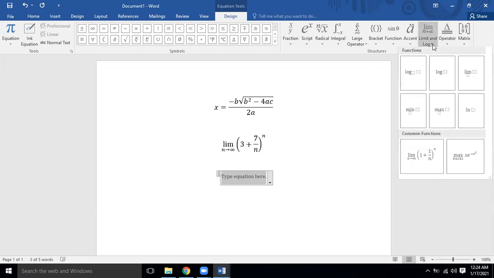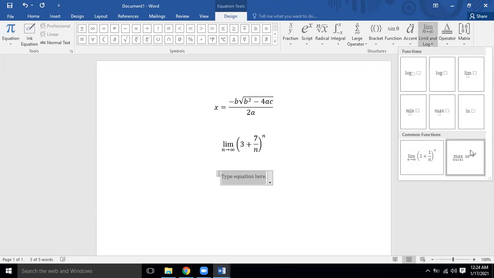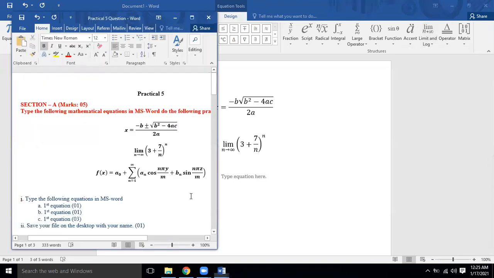So over here we have got the logarithm, max, minimum, limit. Normally it is mentioned inside the parenthesis, so we can remove this text if we add only x, for example. Whatever is there, we are going to write it by selecting from these options. Now the third equation is there, f(x) is equal to. It is starting in the normal way, then the summation is coming, then the upper limit is coming, and all these things.